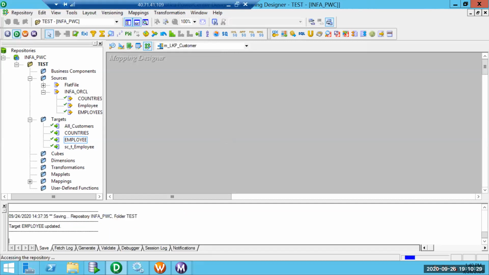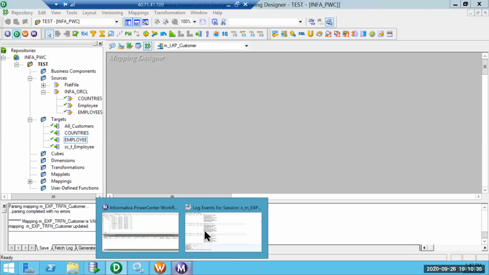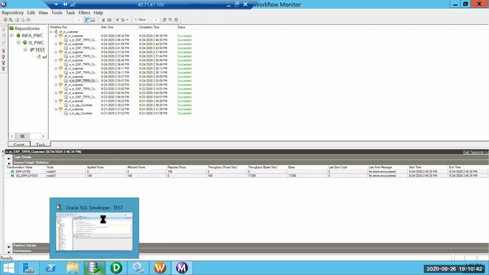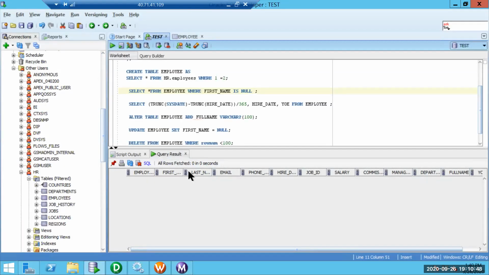I have created a mapping called customers. We were updating in the previous session. We had data in the HR.employee table, and we were populating the employee table in the test user.